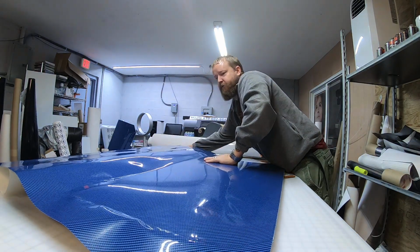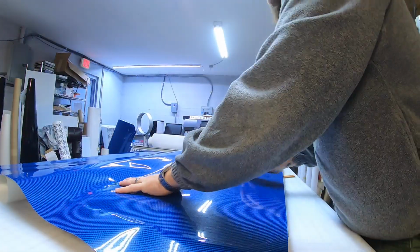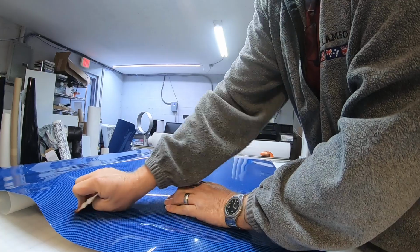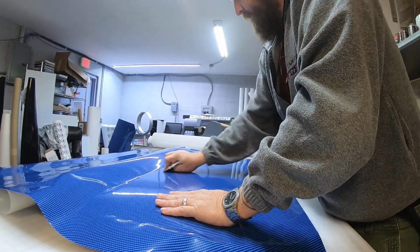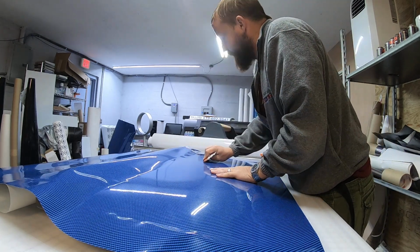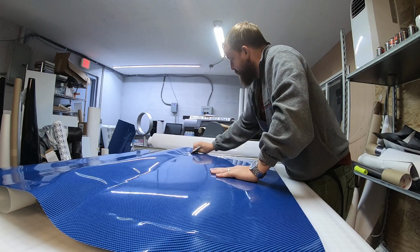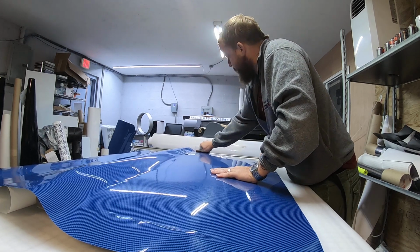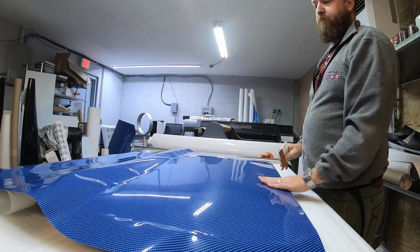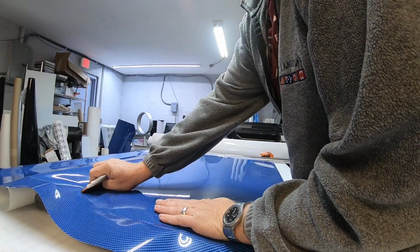I like to use the paper to keep it from adhering prior to when I actually want it to. The reason I do that is, one, it keeps the possibility of dirt and stuff like that from getting on your wrap before you actually get it down on there. And when you're doing wraps that are not